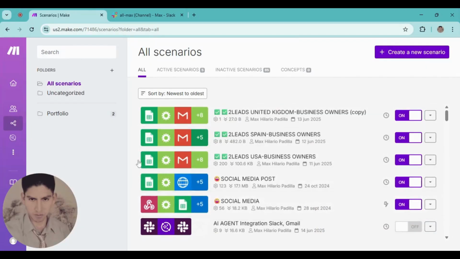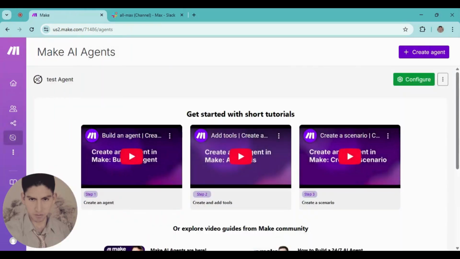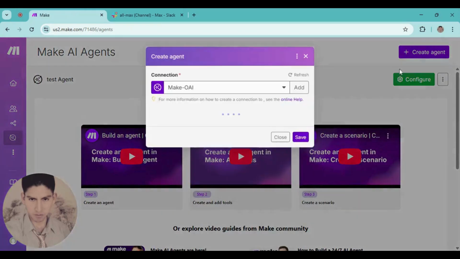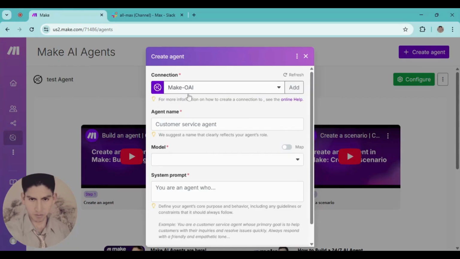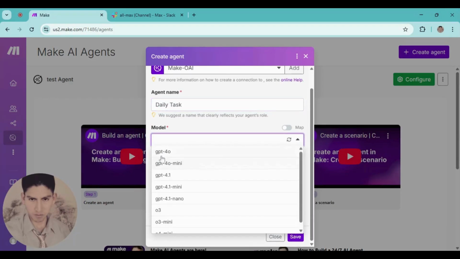Here, first of all, we're gonna go here in this part, AI agent, and we're gonna create a new one. For this, you need to connect your account. In my case, I'm using ChatGPT. Okay, I'm gonna type the name here. Daily task. Select the model. I'm gonna select the first